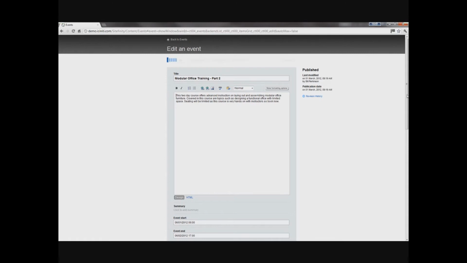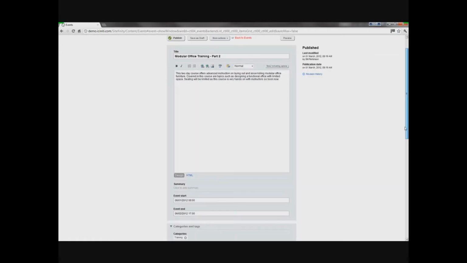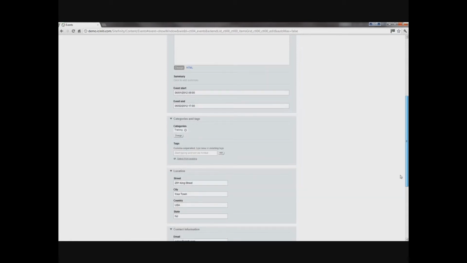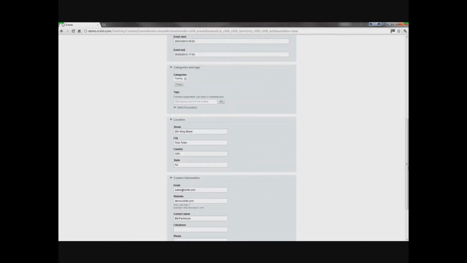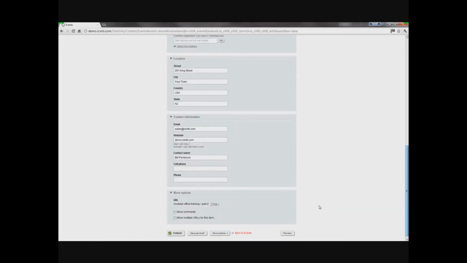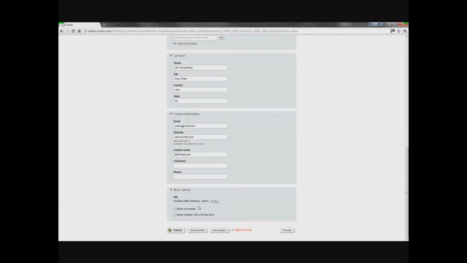So if we just look down at some of the information that we've put into the event, we've put in a start date, a description, we've created a category of training, put the address of the event, who they should get back to, and we've told it to turn off comments. You can allow people to place comments on an event or not. So we're just going to go back to events,